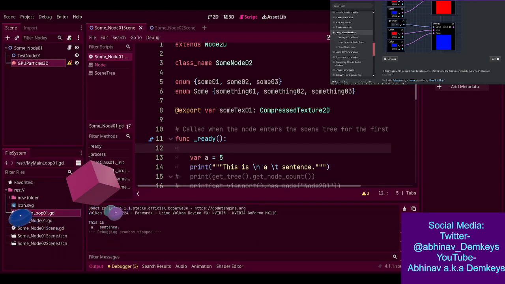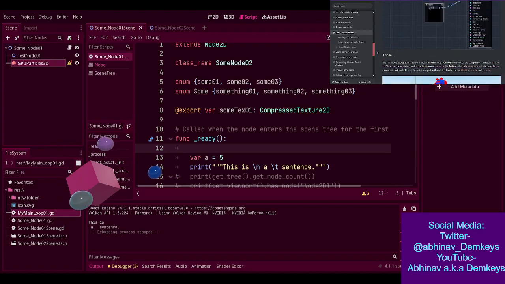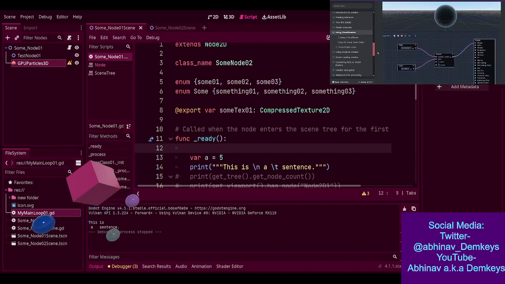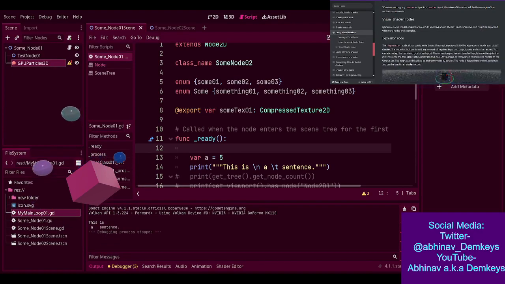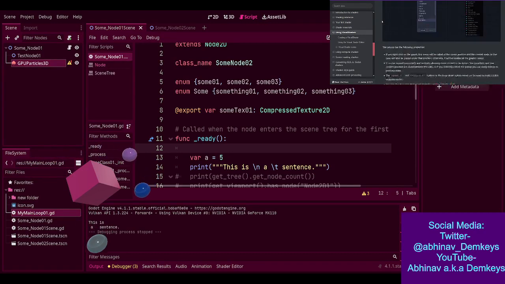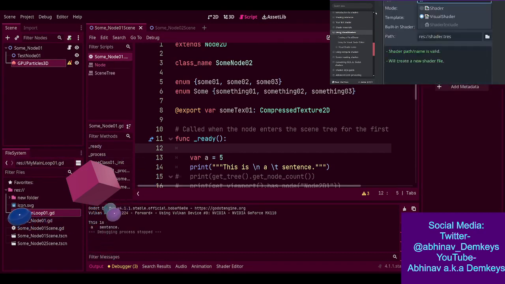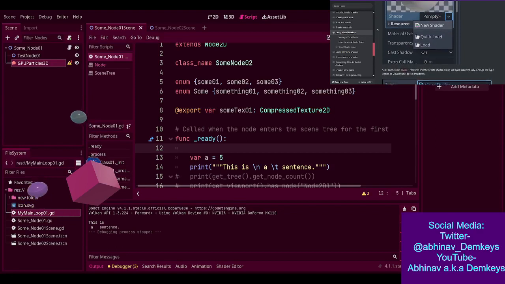Visual shaders. How did I not look? Well, I haven't dived too deep into the shader side of Godot, which, by the way, I need to do. I need to dive into the whole VFX side of Godot, because I wanna learn about doing shader stuff, doing particle stuff, doing both CPU and GPU particle stuff in Godot. Hold on. I need to. How do you create